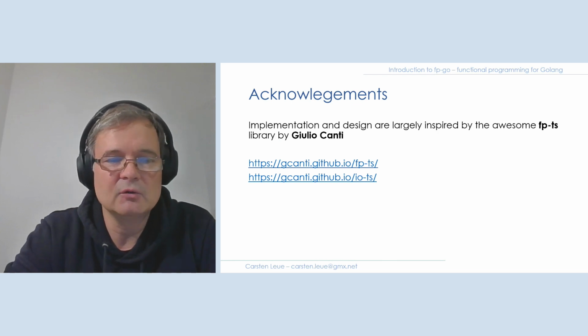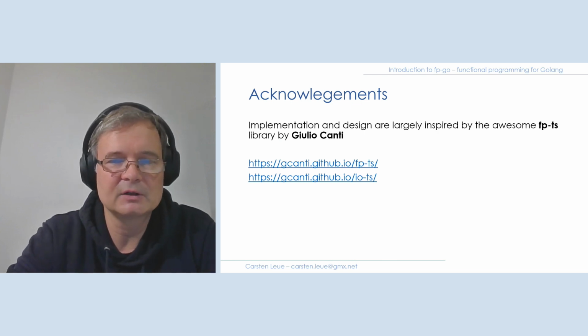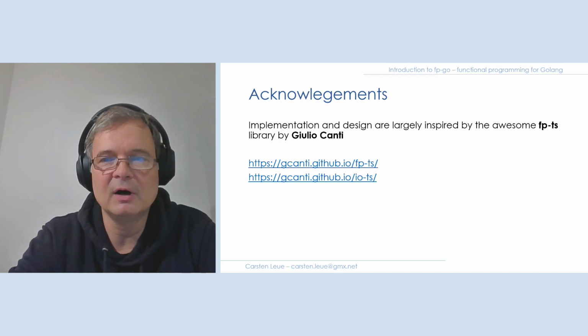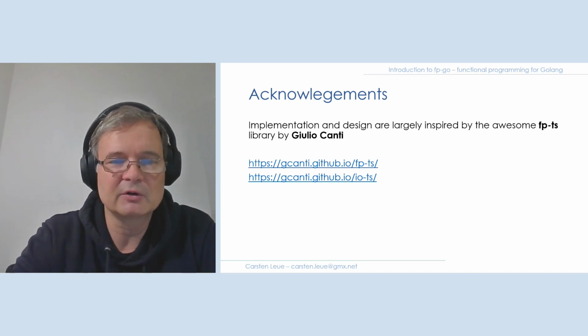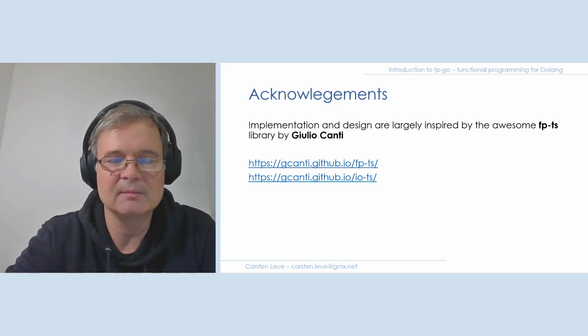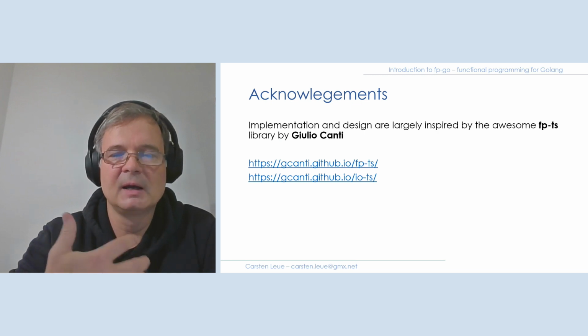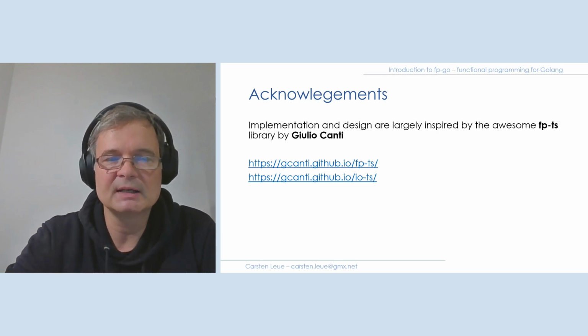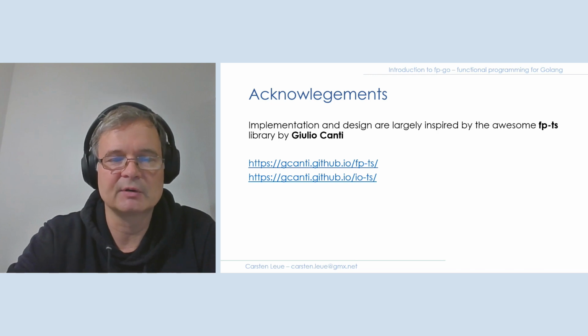And at least to me, even after so many years of software development, it has been a revelation how the application of functional programming concepts in JavaScript, which I've used for a long time before finding this library, made it easier and more concise to write TypeScript code.